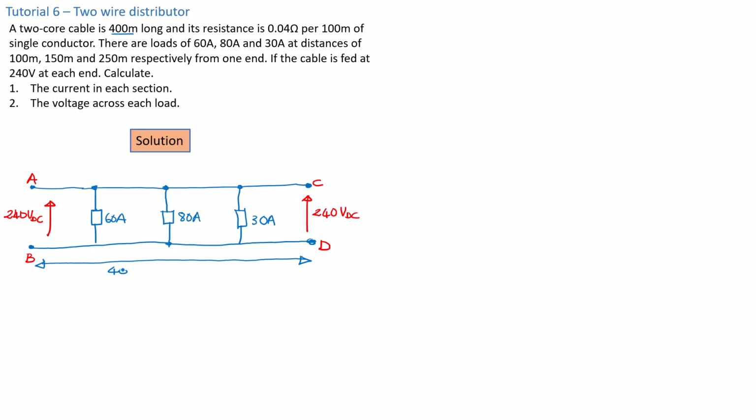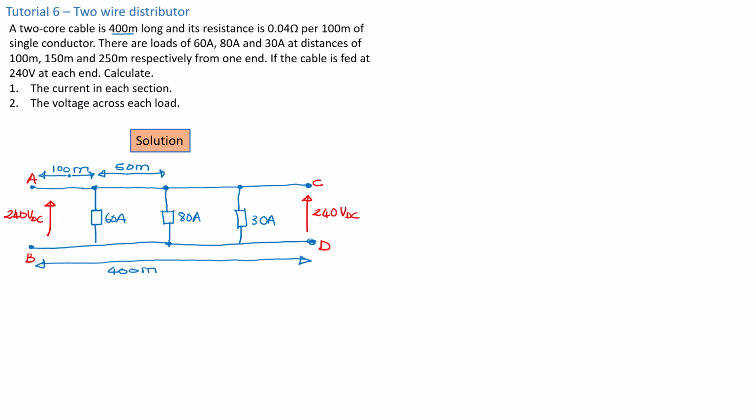These loads are situated at distances measured from this end, since we chose to put the 60 amp load on this side. So here we should have 100 meters, and from there to the second load we should have another 50 meters,